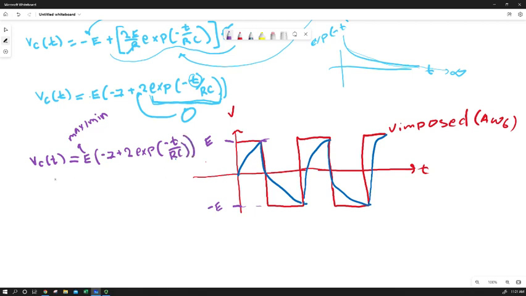Okay, I know that at t equals RC, V sub C is going to be equal to my E max-min, my amplitude, times -1 plus 2 times the literal numeric value e, the exponent function, raised to the power of